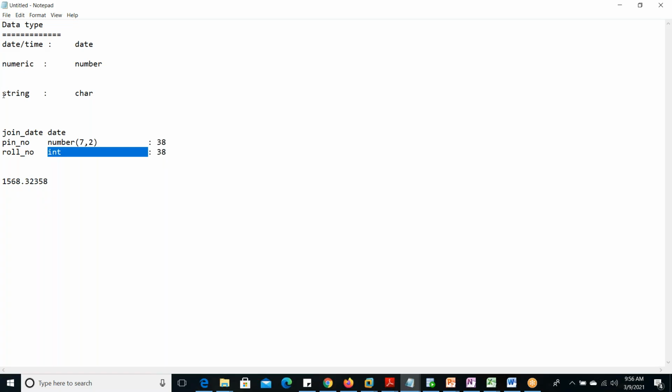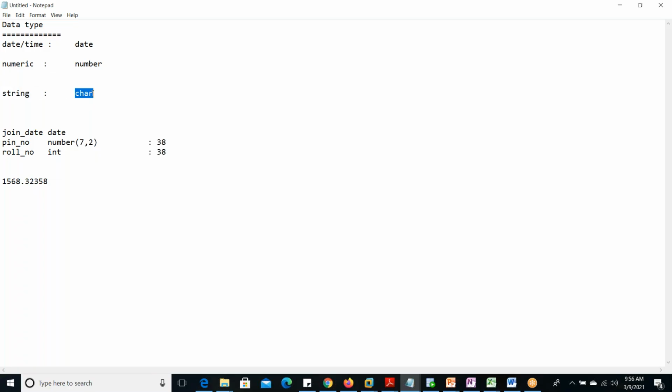Now coming to the string data type. Any kind of value can be considered a string. A character can be a string, a number can be a string, a date can be a string, an alphanumeric value can be a string, any symbol can be a string. ABCD, XYZ, Ram, Dam, Syam, anything can be a string. So the string data type can consider anything. For that, what to mention?